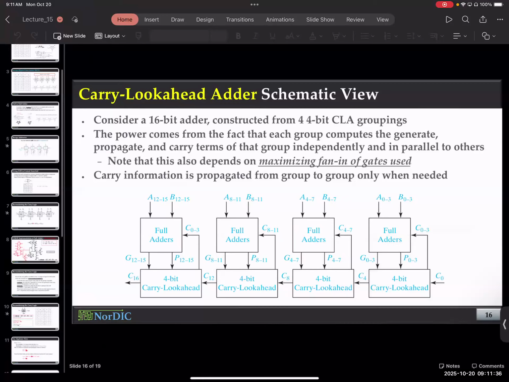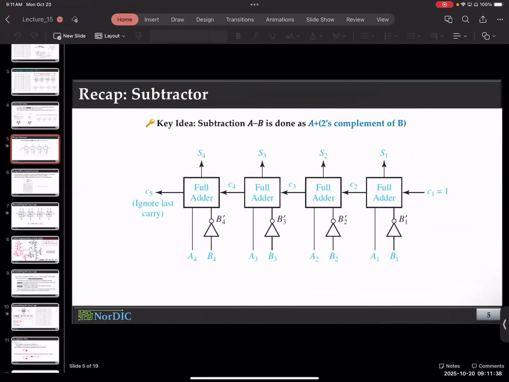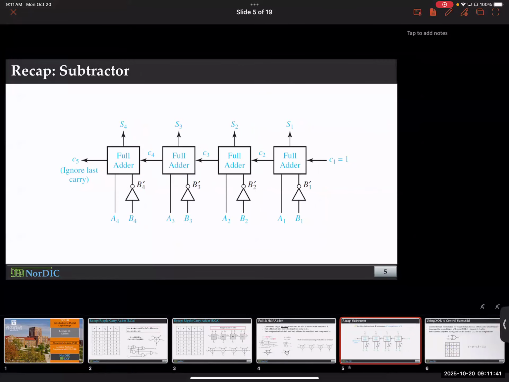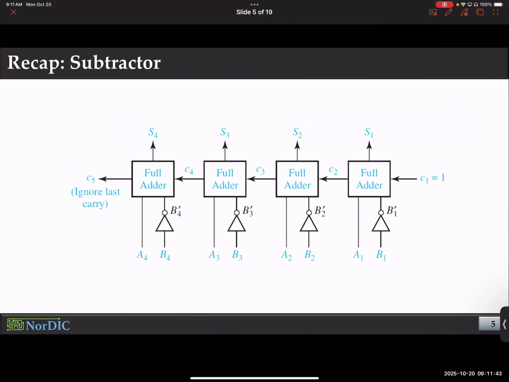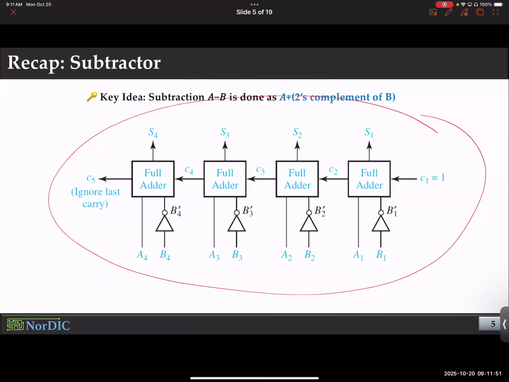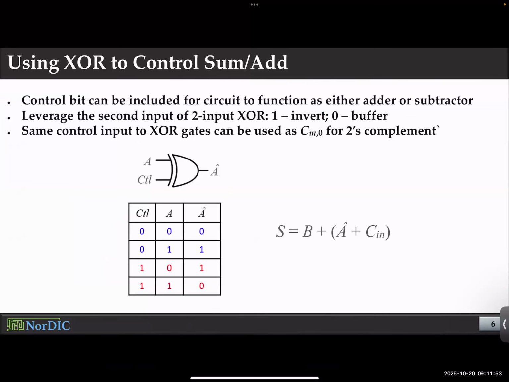Okay, so in the last lecture, we started discussing the ripple carry adder topology again. We discussed how the same topology could be used as a subtractor as well. And then we discussed how you can incorporate a control signal to selectively use the same hardware for addition or